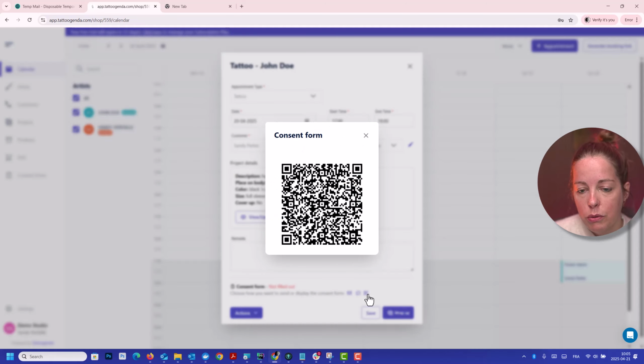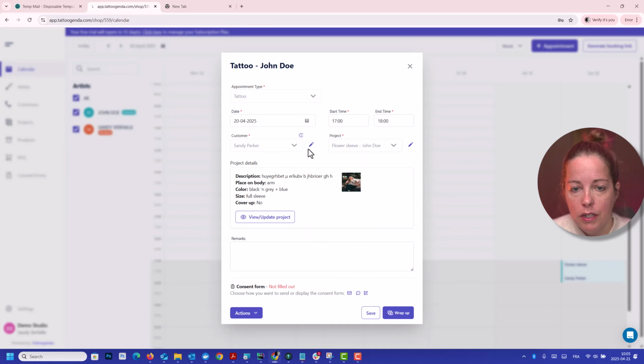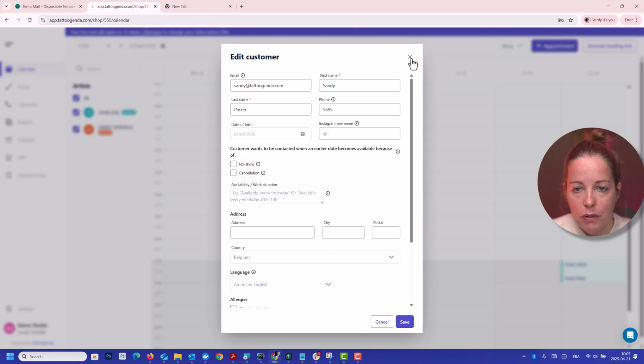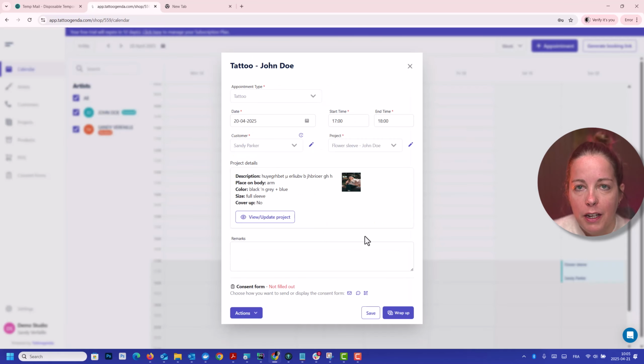I'm going to click on the QR code for now. So this is what will show up on your screen. In this case, you have to show your screen to your customer, and that customer can scan the QR code. If you choose SMS, make sure that your customer has a valid phone number. Now it has not. If I would set my own phone number here, then I can send myself an SMS with a link in, and if I tap that link, I can fill out my consent form.